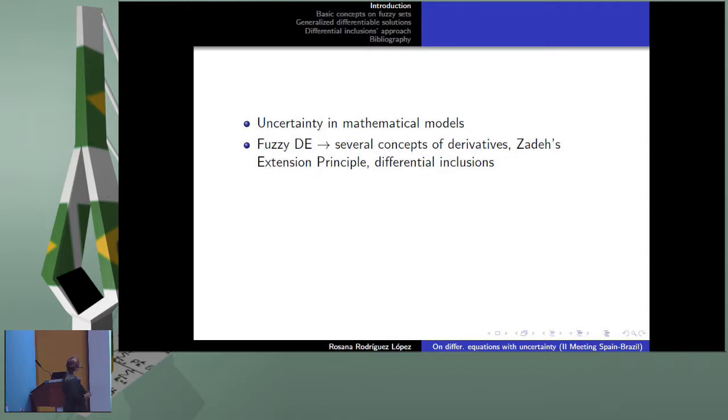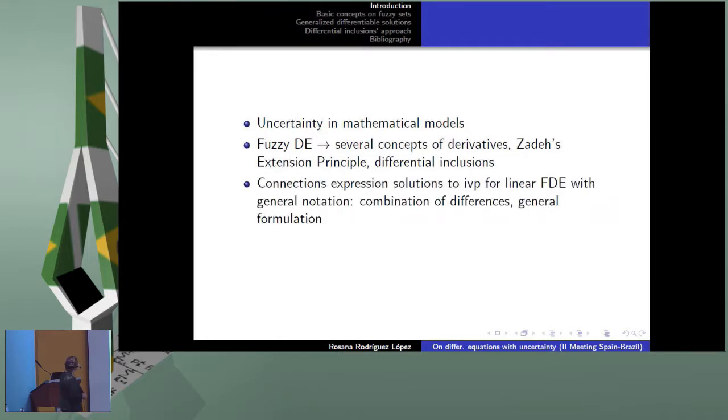The extension principle is quite useful in the sense that it allows us to work from a deterministic problem and extend to a fuzzy context: you can use a deterministic solution and then fuzzify the solution. It is a good approach, but in many cases difficult to compute. Many other different approaches have been proposed, for example the notions of differentiable functions in this context, and differential inclusions, which are the main ones I'm going to speak about.